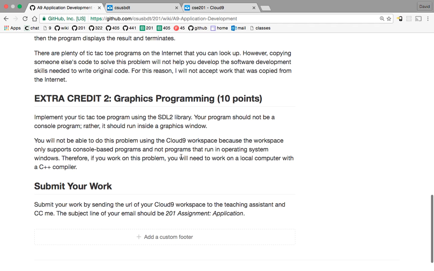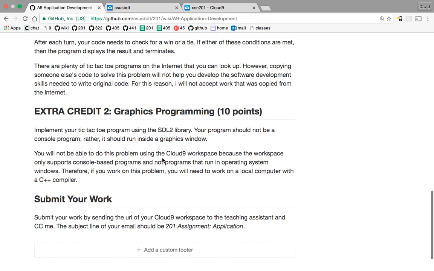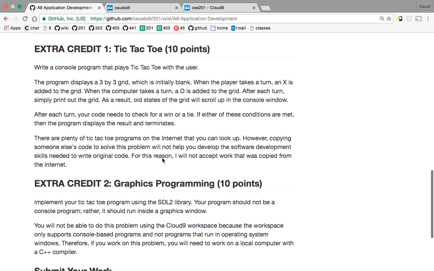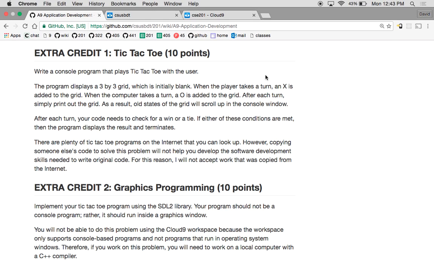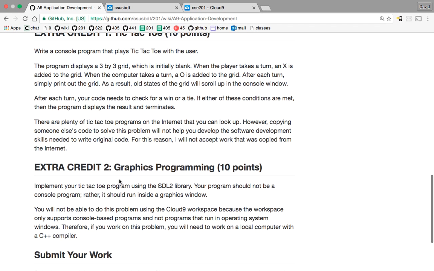Here's an extra credit problem, to implement the game tic-tac-toe. And here's another one, on graphics programming. So I wanted to talk about this today. But you know what? I need to take